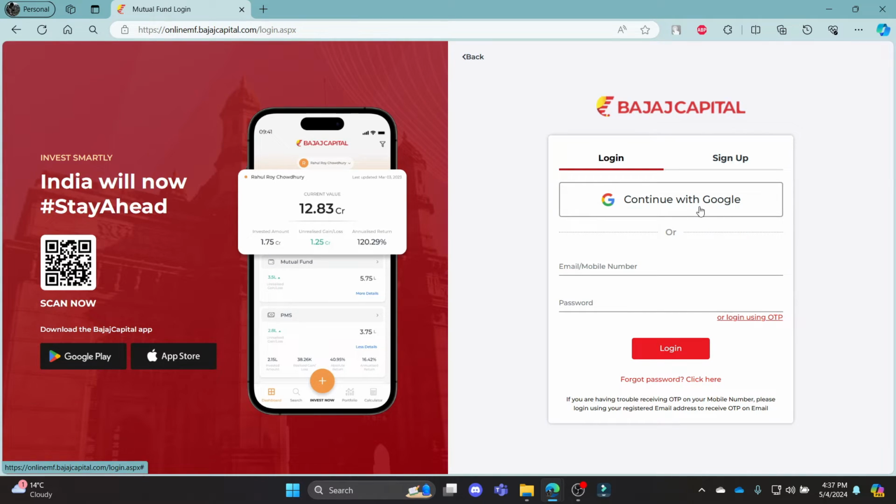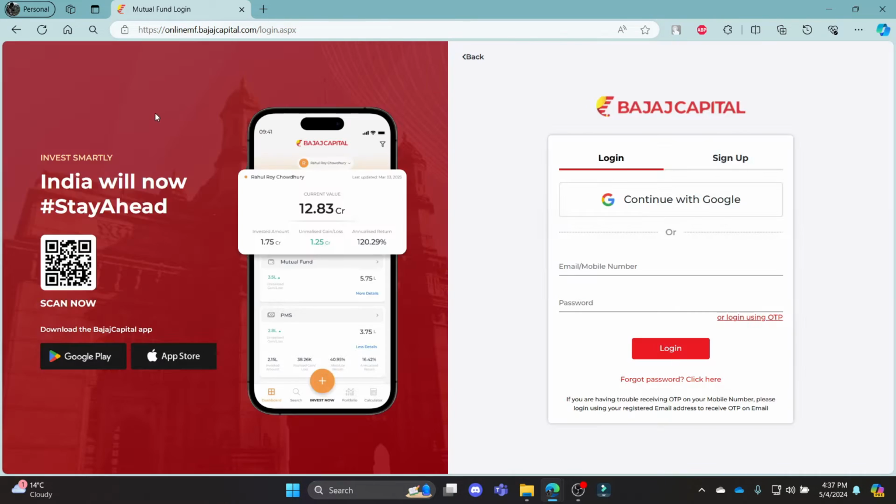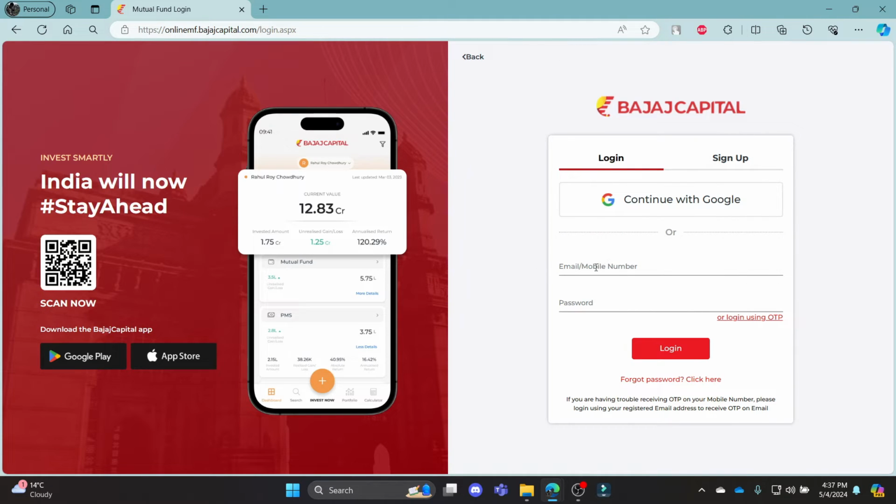You can log in using your Google account, your email address or your phone number. To log in using your email address and phone number, go ahead and write down your email address or phone number in this box over here and write down your password in this box. After you write down your email, mobile number and password, make sure it is correct and then click login. This way, you can log in to your Bajaj Capital Mutual Fund account using your email or your phone